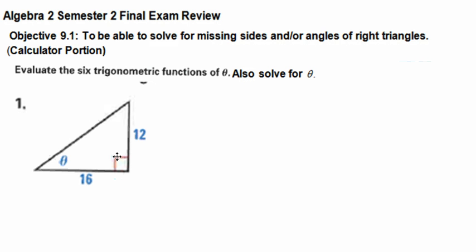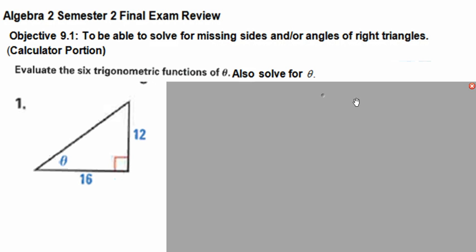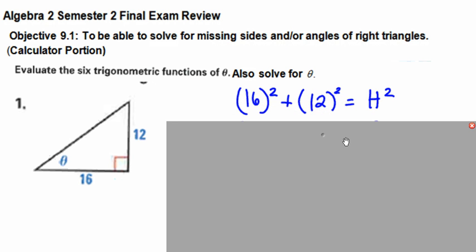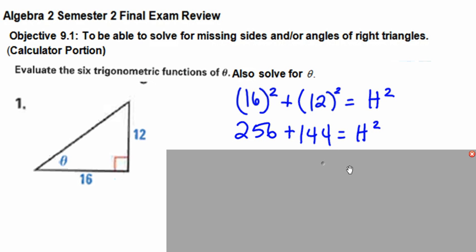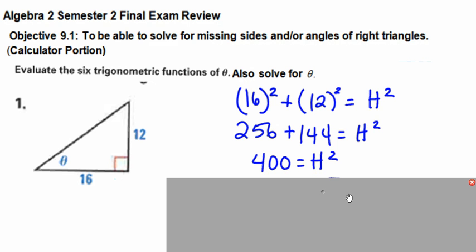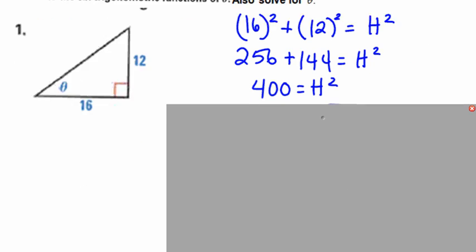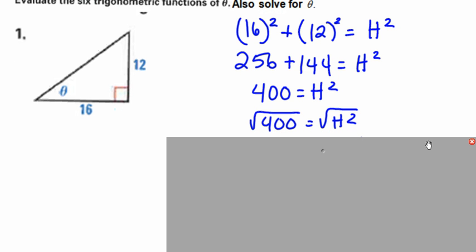Well, if we know the two sides of a right triangle and we're looking for the hypotenuse, we need to use the Pythagorean theorem. So remember, the Pythagorean theorem says the leg squared plus the other leg squared equals the hypotenuse squared. So we know 16 squared is 256, and 12 squared is 144. Add those together, we have 400. To solve for the hypotenuse, since it's squared, to undo that, we have to take the square root. And so we know the square root of 400, that's a perfect square, is 20, and the square root of